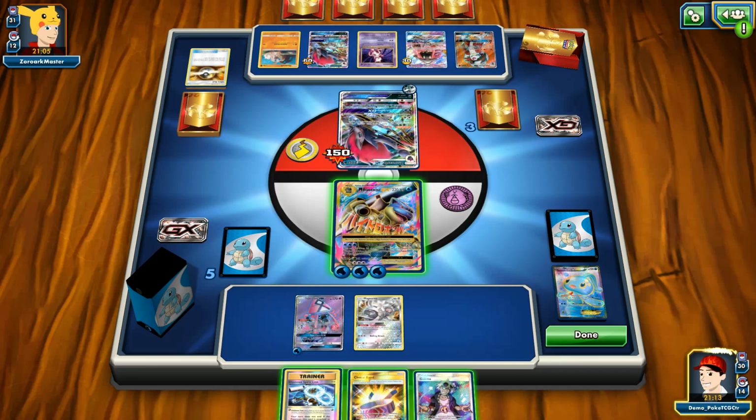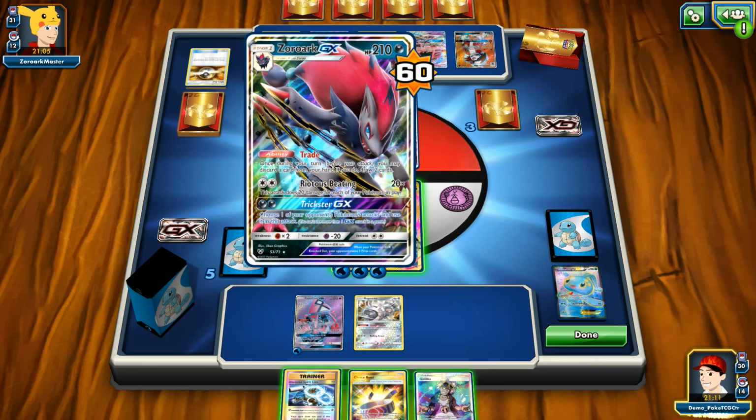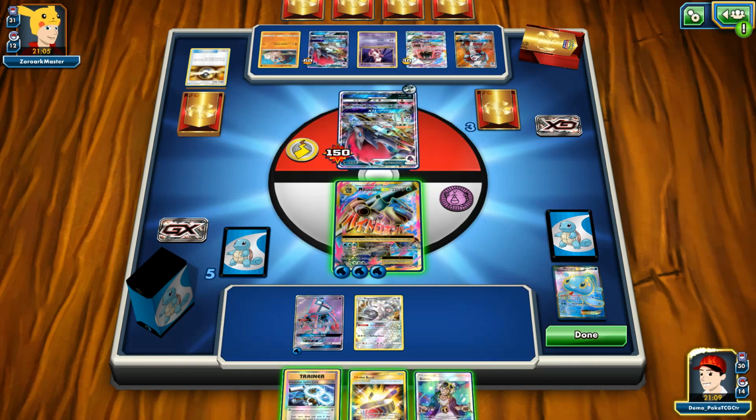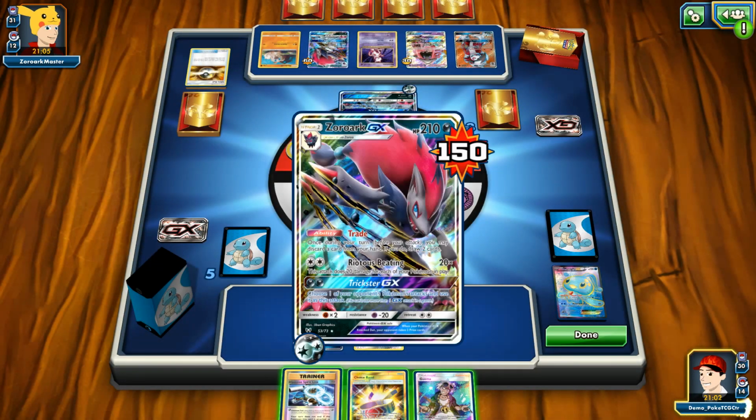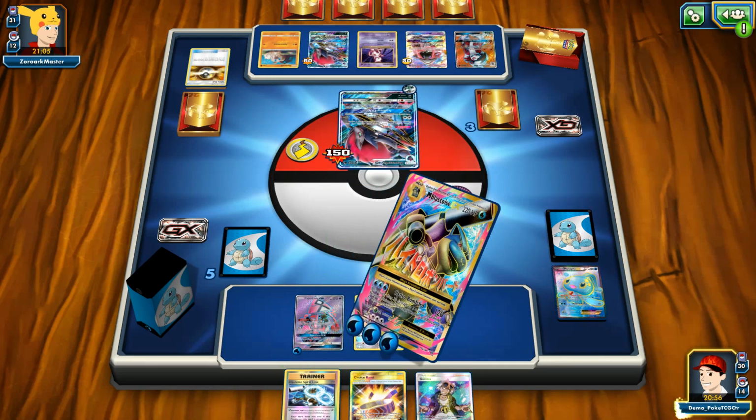I can do the magic, knocking out this Zoroark, but this Zoroark is anyway going to be knocked out, and putting 3 more damage on this one, but then I'm risking a lot, so we're going to pretend like we don't have...